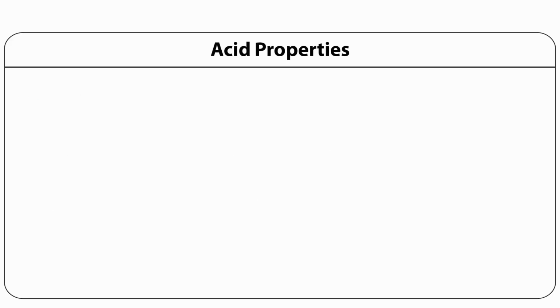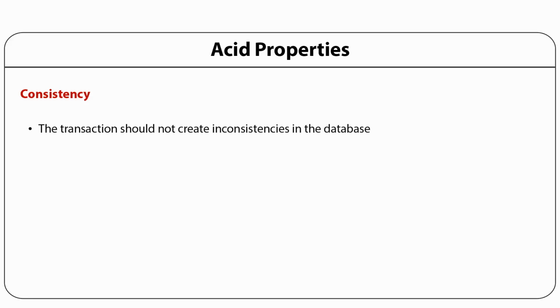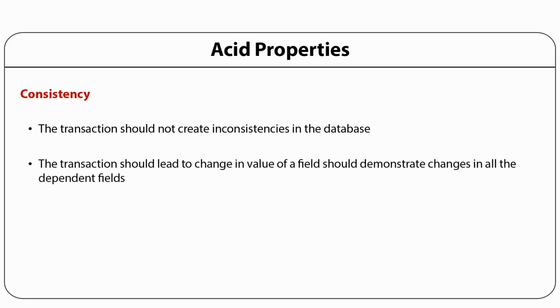The second important component of ACID property is consistency. As you know, consistency means sturdiness. In consistency, the transaction should not create inconsistencies in the database. That means when there is a transaction happening in the database, it should not create any kind of inconsistency in the database. Second point, a transaction that leads to a change in the value of a field